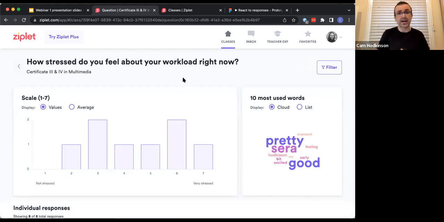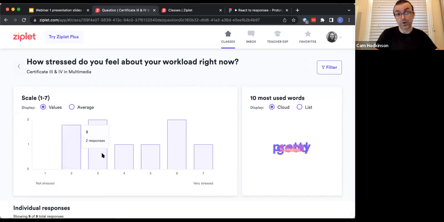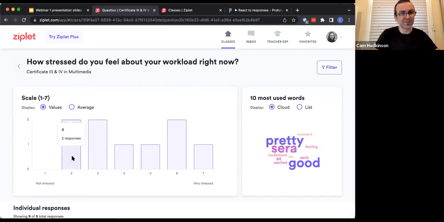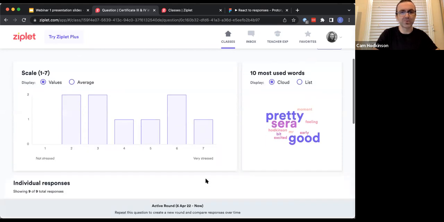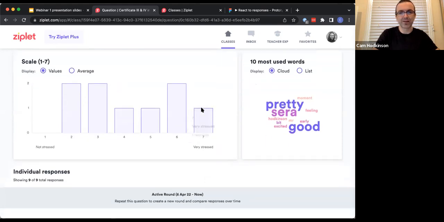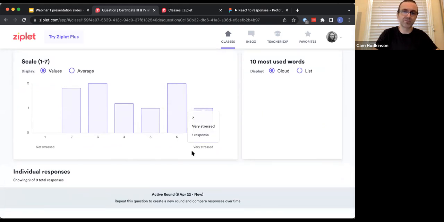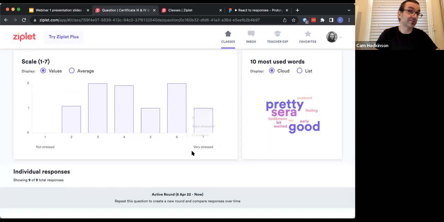And so looking at the data that we've collected, you can see there's actually a bit of a spread. We've got a number of people down the bottom. They're not feeling overly stressed. Oh, there's another person who's joined the not overly stressed end. We do have a couple of people that are stressed. I'd be interested to see what they might say, and I'm hoping those students might have actually said, "Hey, this is why I'm feeling particularly stressed."